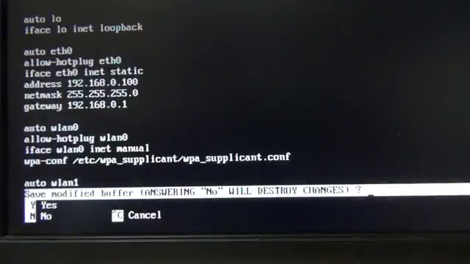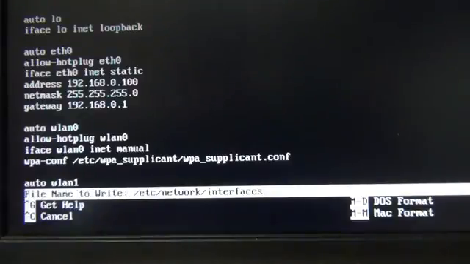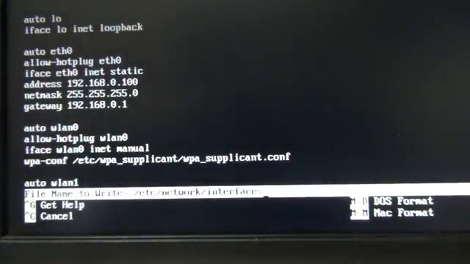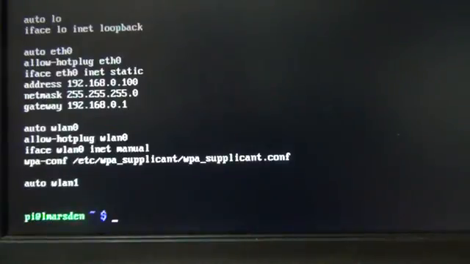And then it's asking you, do you want to save it? We're just going to push Y for yes. Then it's going to ask us for a name. Just press enter because we want to overwrite the previous one. And we've overwritten that. Now to get the IP address to work we need to restart the Raspberry Pi. So type in the command sudo reboot,